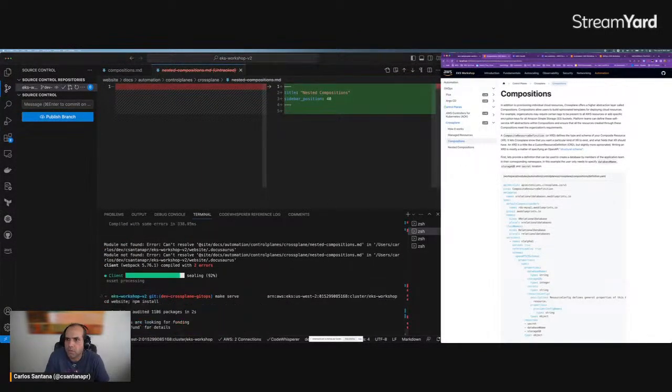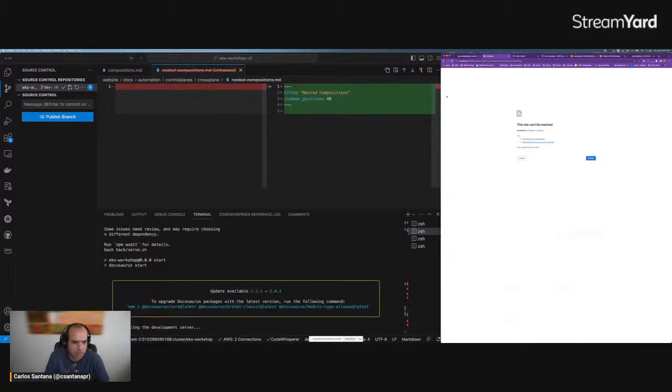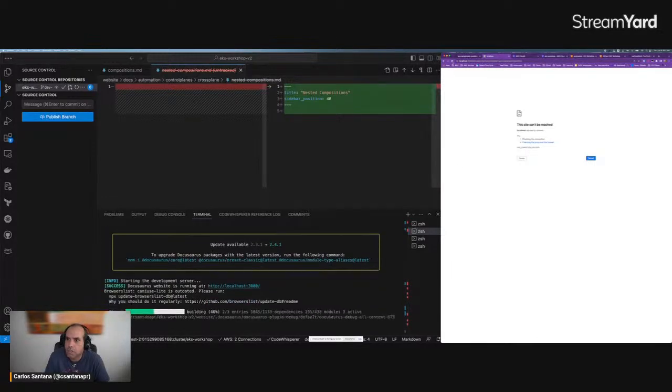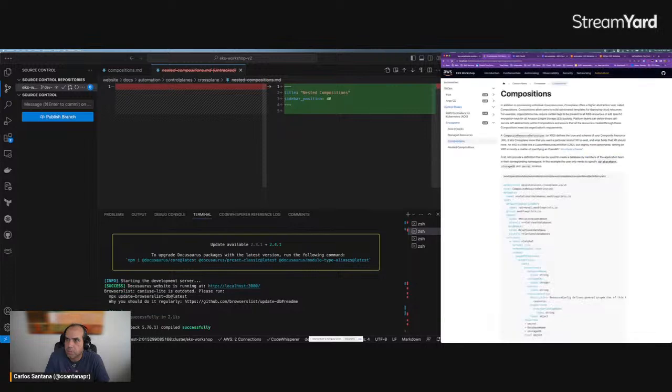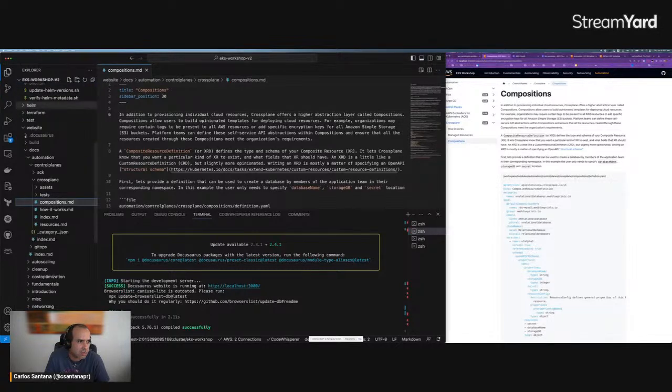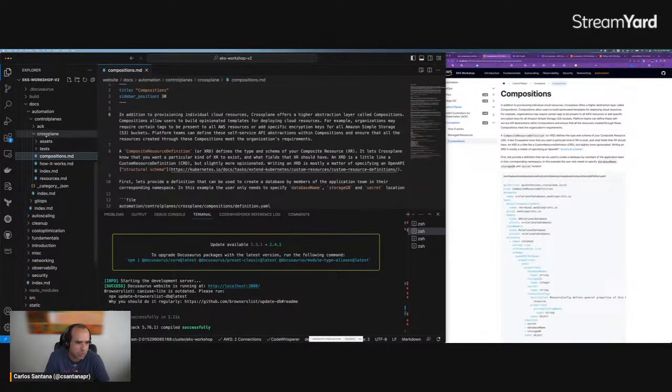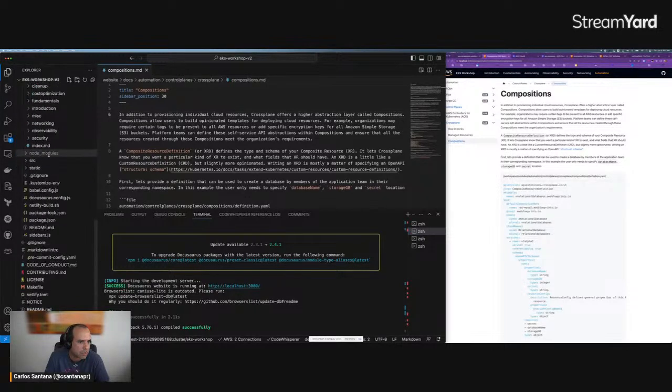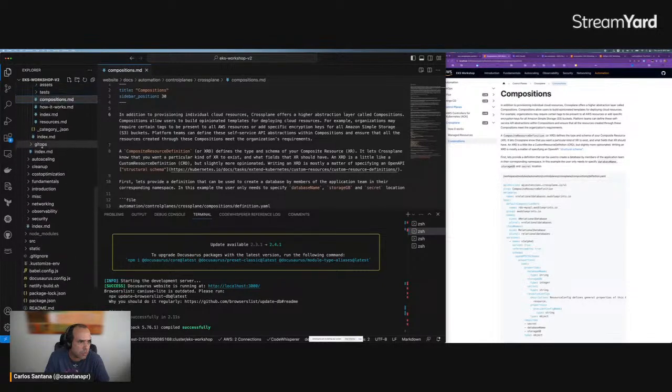I'm going to add a section on Crossplane nested compositions. It should not be there. Second. Yeah, it's not there. So if I add it, it will not show up. It shows live changes on the files it already knows, but new files you have to add. So under